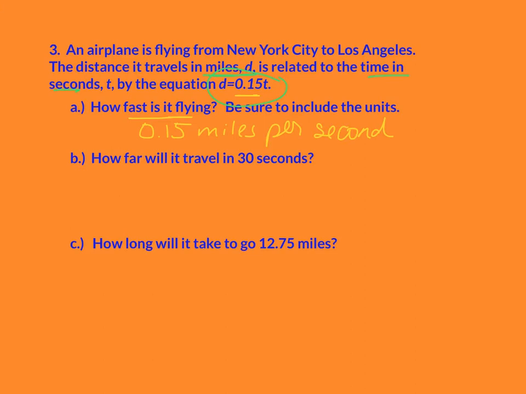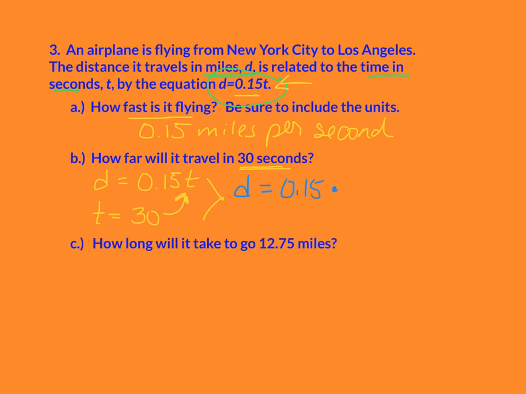Well, I am going to go ahead and take the original equation that I was given and substitute in, because it gives me that d equals 0.15t, and we're given 30 seconds. I have to say to myself, is seconds distance or time? Well, obviously it's time, so t is equal to 30. So now every time I see a t, I simply write 30. So that means I'm going to have d is equal to